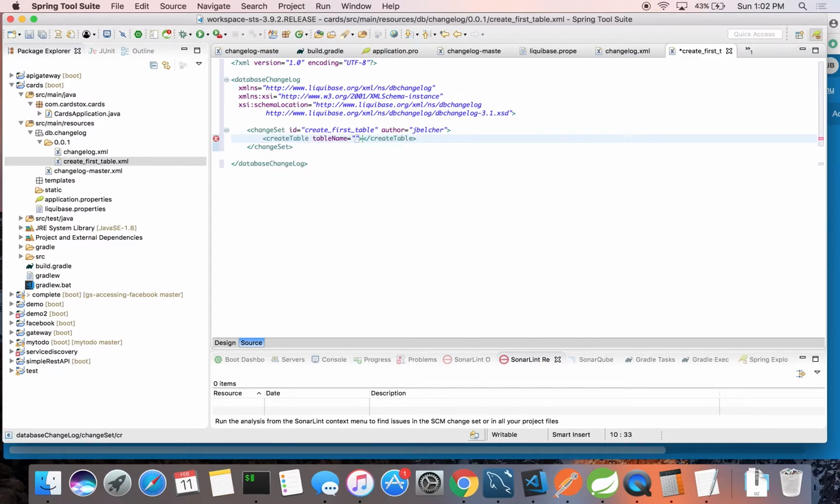Okay, so what we're going to do is in XML, we're going to create a table. And the table name is going to be, let's call it test. This is going to be a table called test. Let's see, what should we add since it's a table that we're calling test? We should probably add a column, probably an ID or something like that. So let's say column,